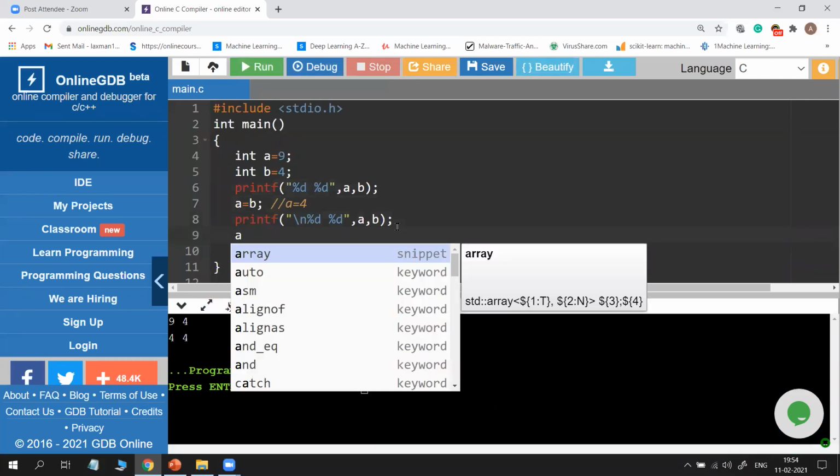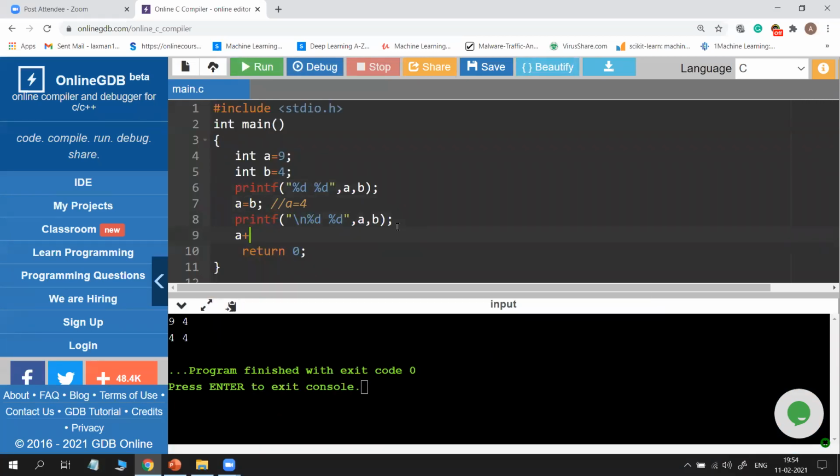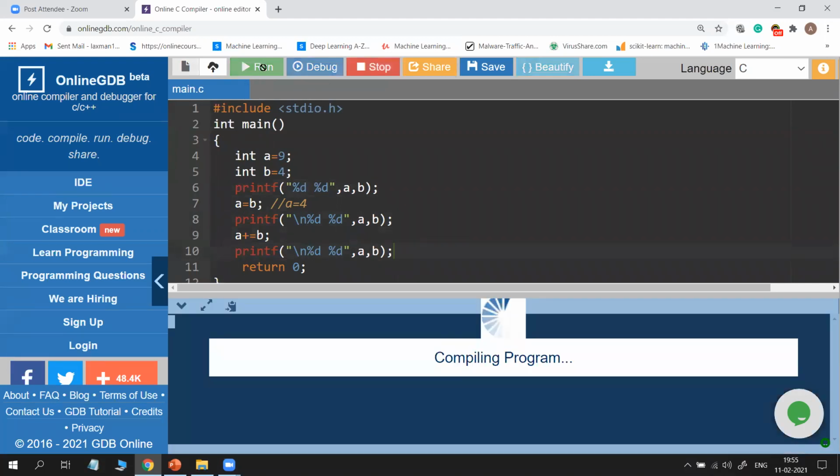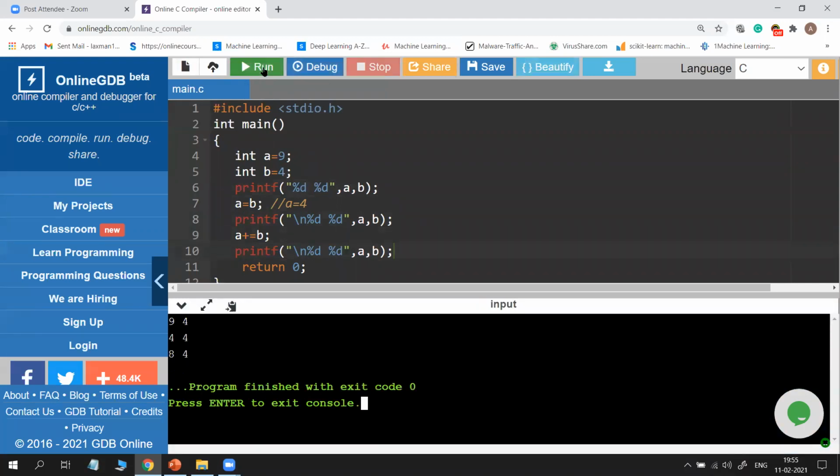Similarly, you can write any sum. For example, A plus equal to B, if you write. And once again, you print both the values, and see what the output is. So it prints 8, 4. See, B is not changed. But how do you get 8?